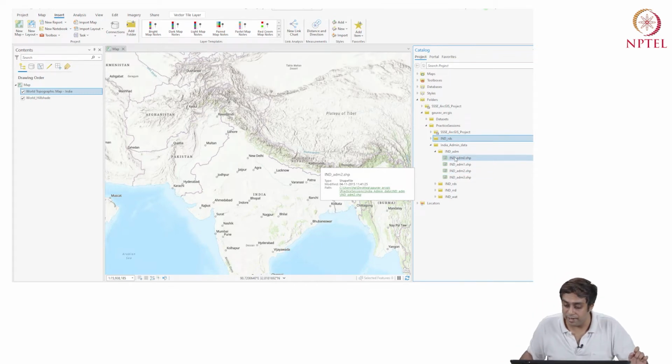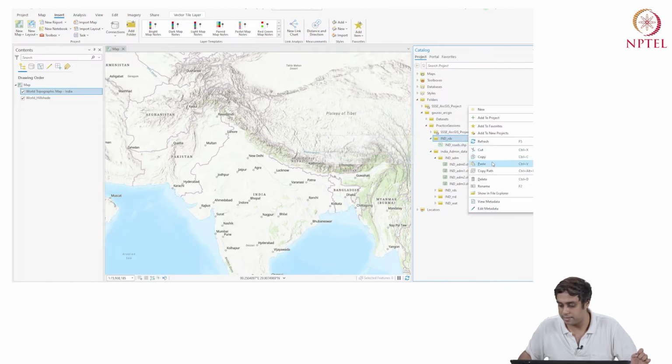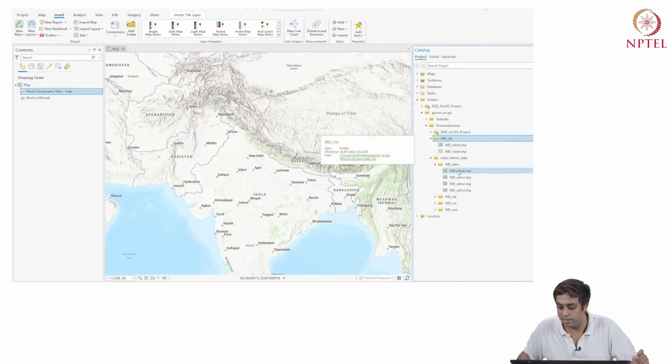Now, if I take India ADM 0, let's say I say copy, and I take it to India ADM roads. Okay, I can say paste. Now here, it's still working, but it actually copies India ADM 0 from the IND ADM folder to the IND underscore roads folder. Now let's look at what happens to the physical folder.